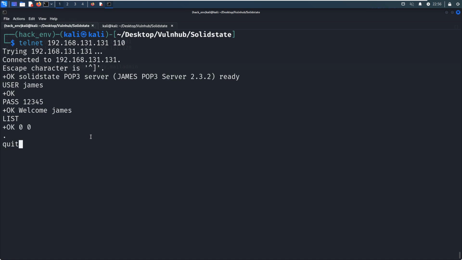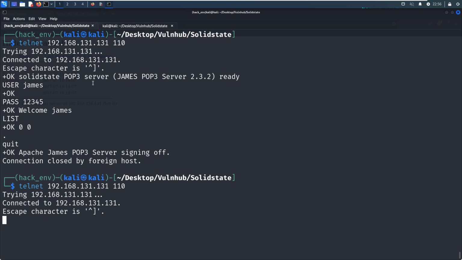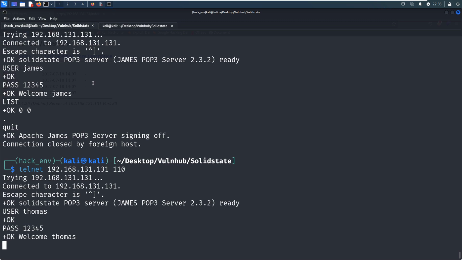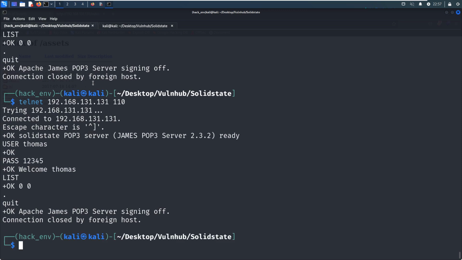So then we can quit, and we need to log in to the server as another user, Thomas. User Thomas, and password 12345, and we can use the same command to retrieve the emails. No, we can quit again.